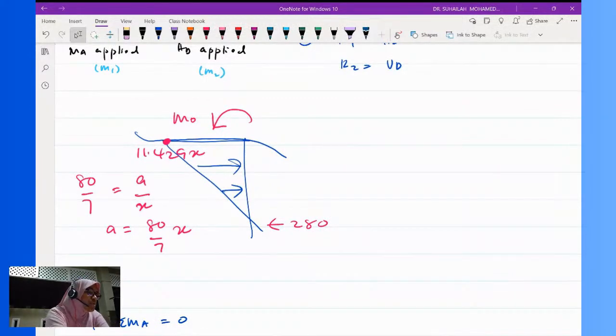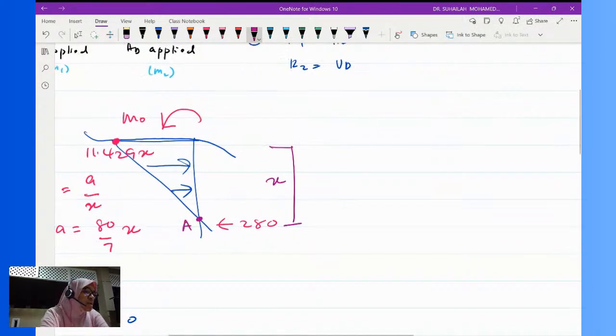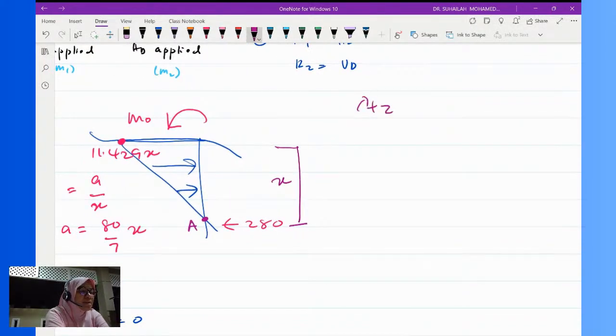The moment equation, so this is A. So x is this distance. Okay. So taking moment at the cutting point is equal to 0. So minus M naught plus 280x, and we have to minus